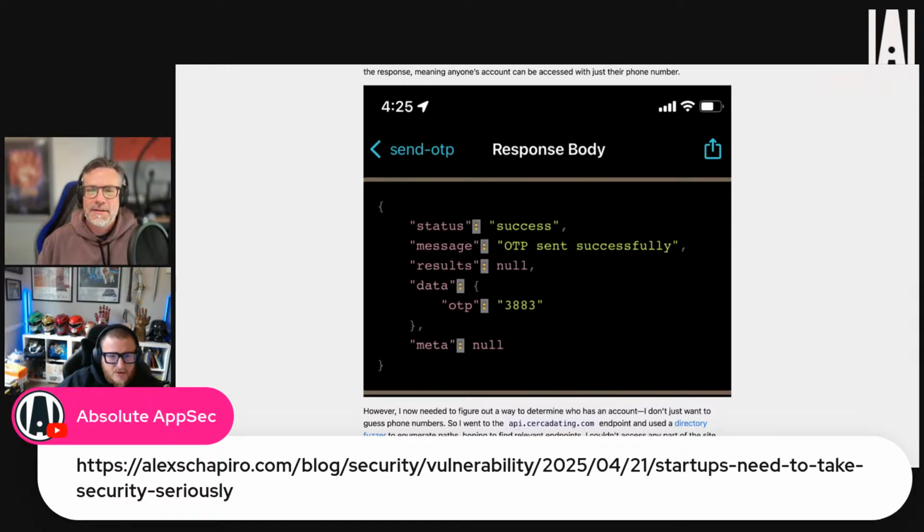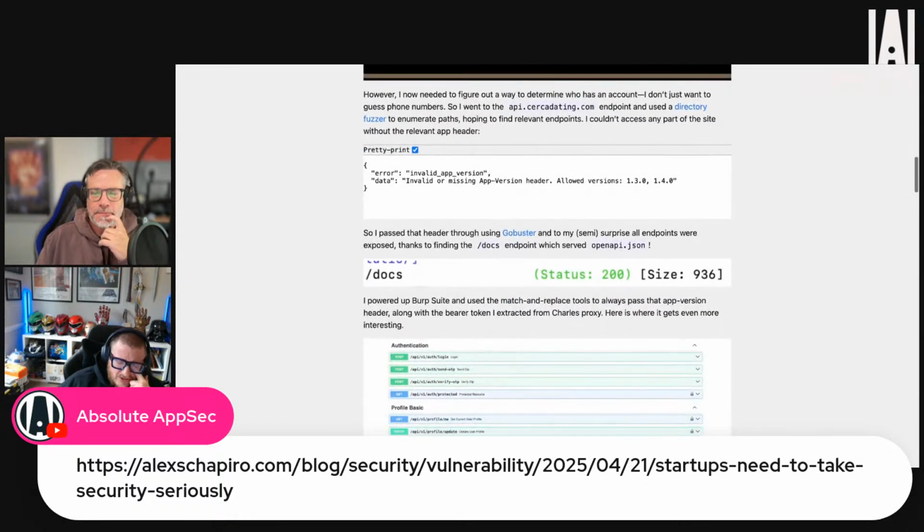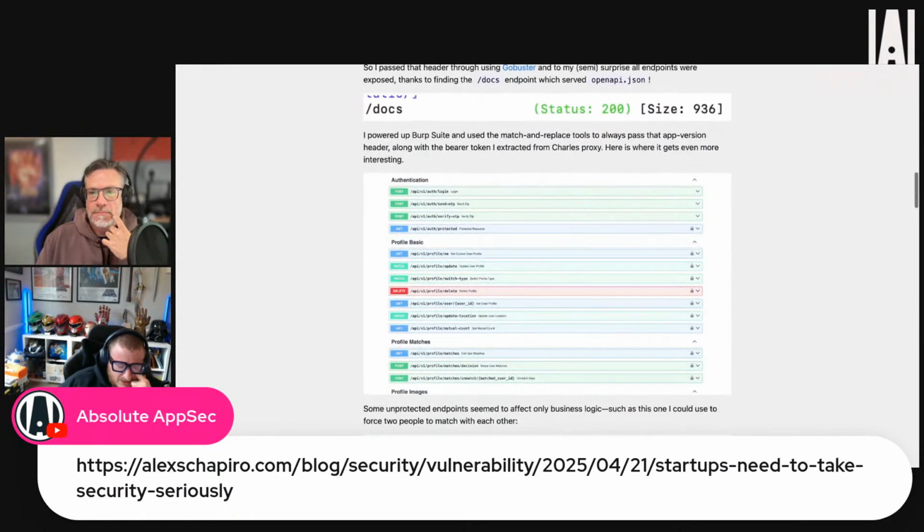But again, they give you the OTP code. If you view the source, you'll see it. So you don't need to actually have access, which basically bypasses two-factor auth, which is ridiculous. Second to that, there are endpoints listed under /docs. I guess they used something like GoBuster. They found a /docs directory, which was Swagger docs exposed, and those Swagger docs revealed the